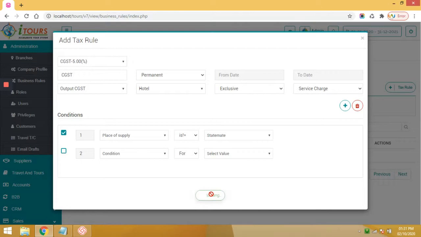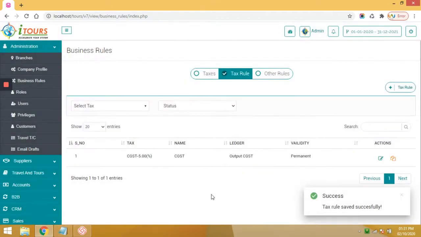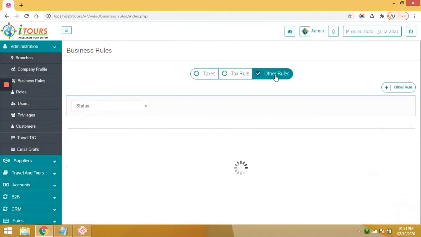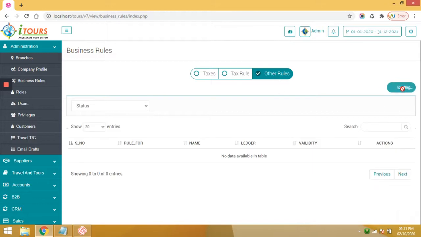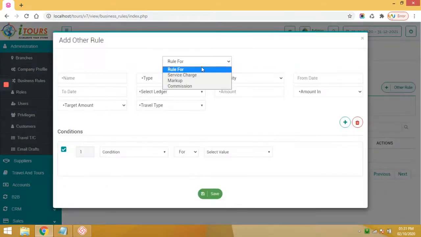Similarly, we have the other rules. Means in the other rules we can define the standard service charges, markup and the commissions. So the sales team can assign particular service charges from these rules.